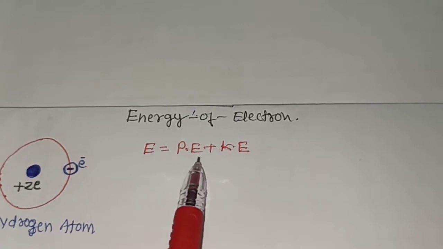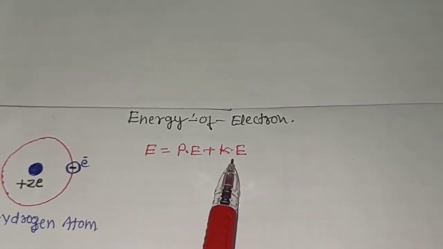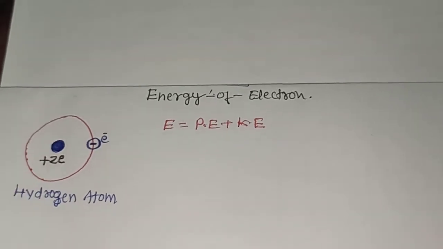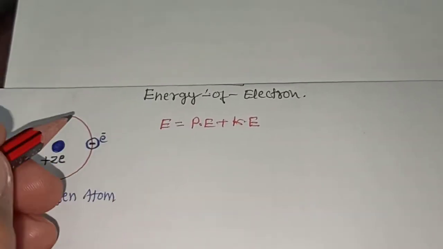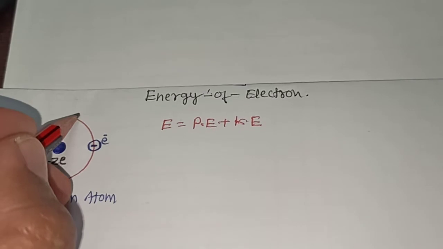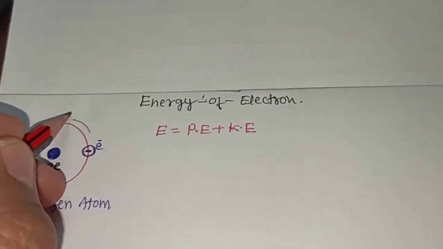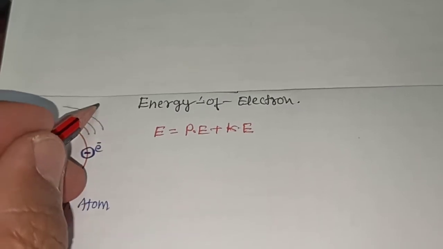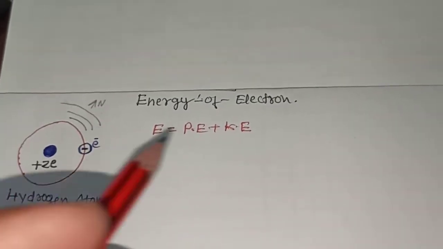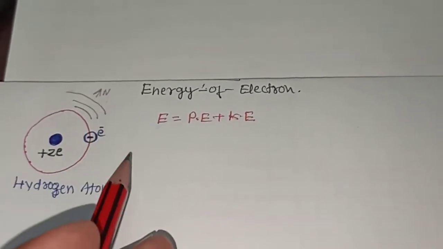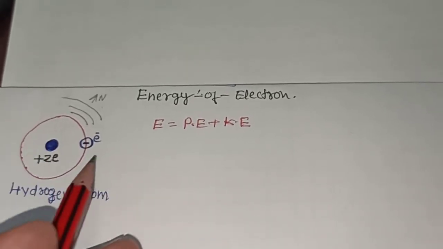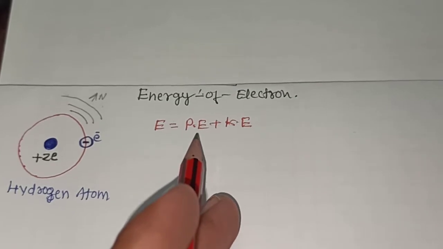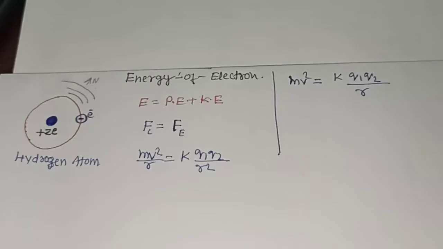So first of all, we will find the potential and kinetic energy, and then we will find the number of orbits possible in this hydrogen atom. So we will find the second orbit energy also, third orbit also, fourth orbit also, and the number of orbits also. So we can find all the orbit energies of the electron if it revolves in any one of the orbits. So first of all, we will find kinetic and we will find potential.